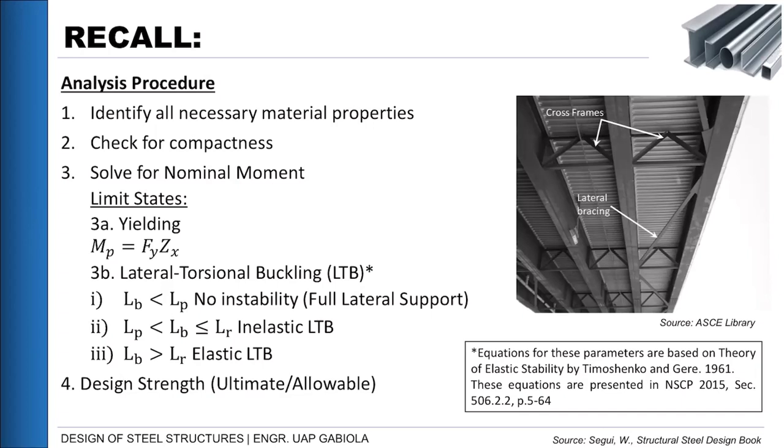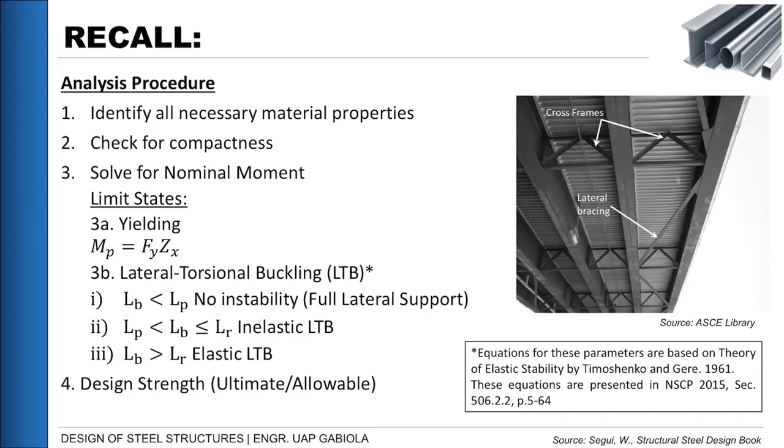And we have already stated that lateral torsional buckling deals with the stability of our section against yielding, deflection, or torsional effects. And we can see here in the figure on the right side, from the ASCE library, the difference of two installations that we do. I think this is from a bridge where we have cross frames and lateral bracing. The cross frames are what we call the diaphragm. The cross frames are only nodal in their